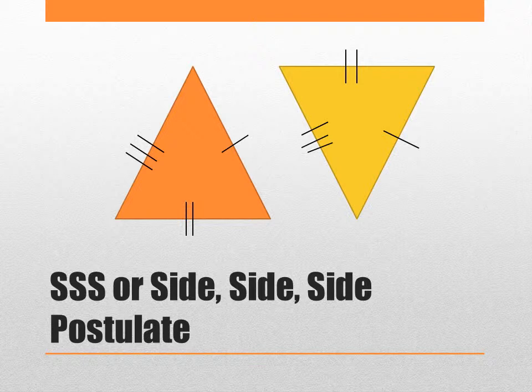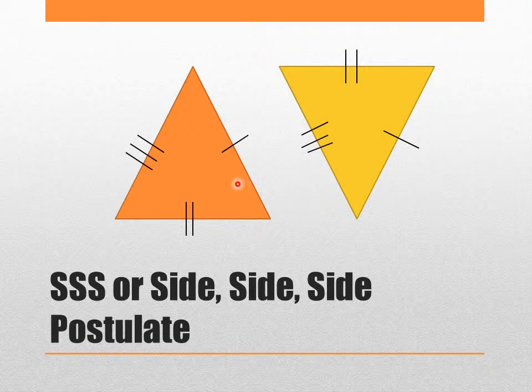The first postulate, SSS, or side-side-side. Here are two triangles, for example, the first triangle and the second triangle. Based on the illustration, the three sides of the triangles have signs that show congruence. These signs allow us to know that the three sides are congruent, like what's shown.